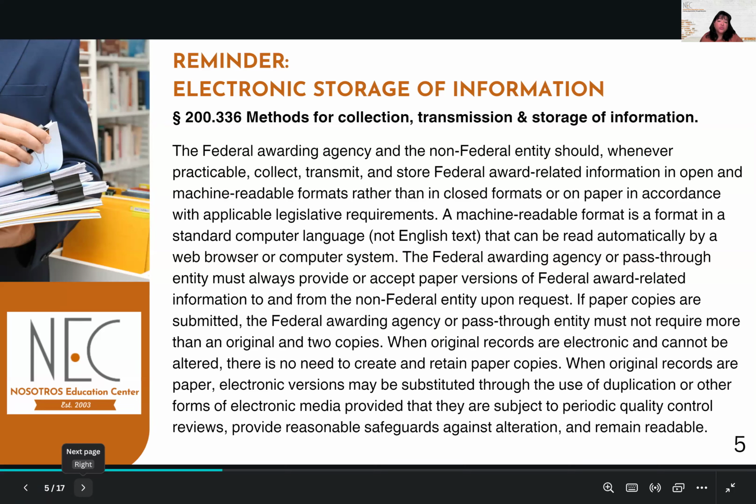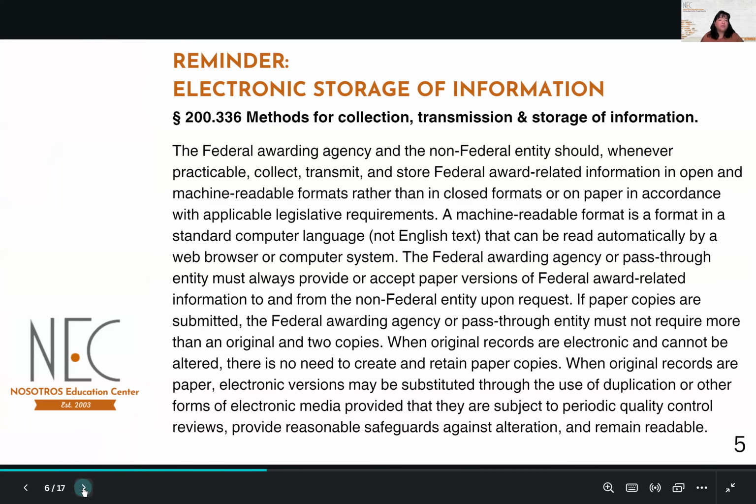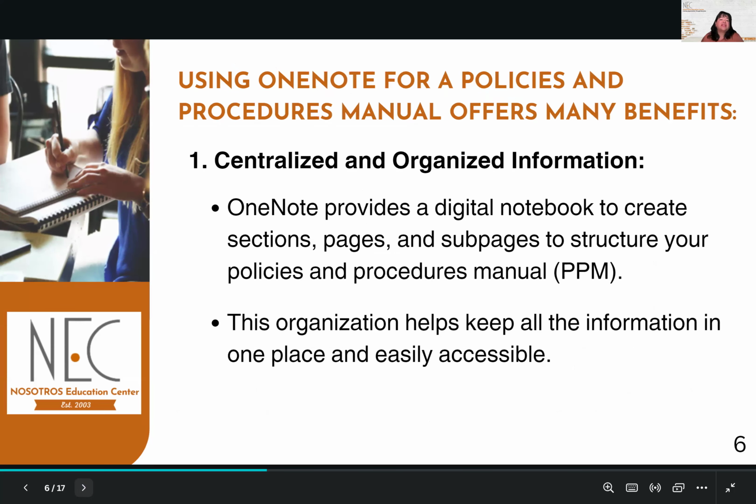Whoever's stricter wins with all the regulations, the uniform guidance and your program regulations. So if your agency or institution has a more rigorous definition, then we go by that, including the years that they want you to keep the information. Whoever is the stricter wins, okay? But in case you wanted that, it's right there. It's very common nowadays for people to look at that.